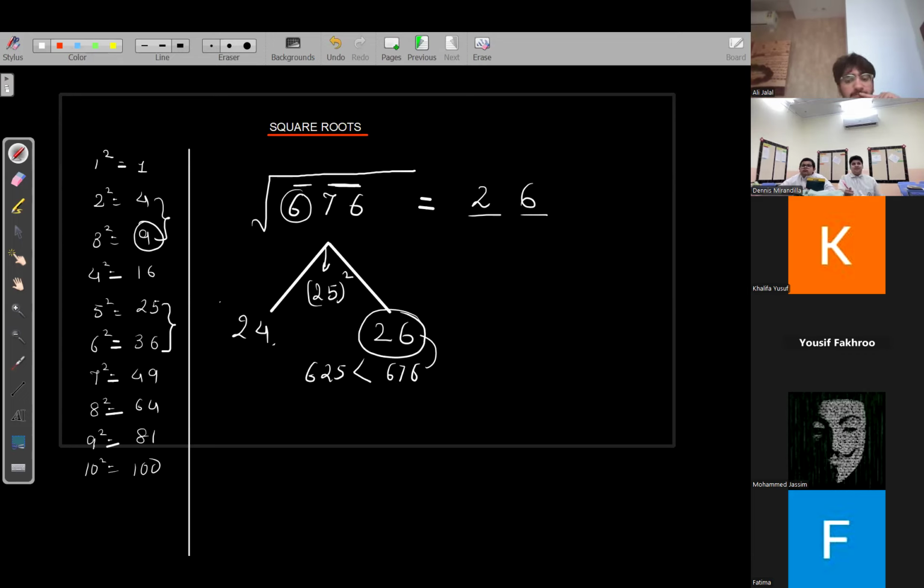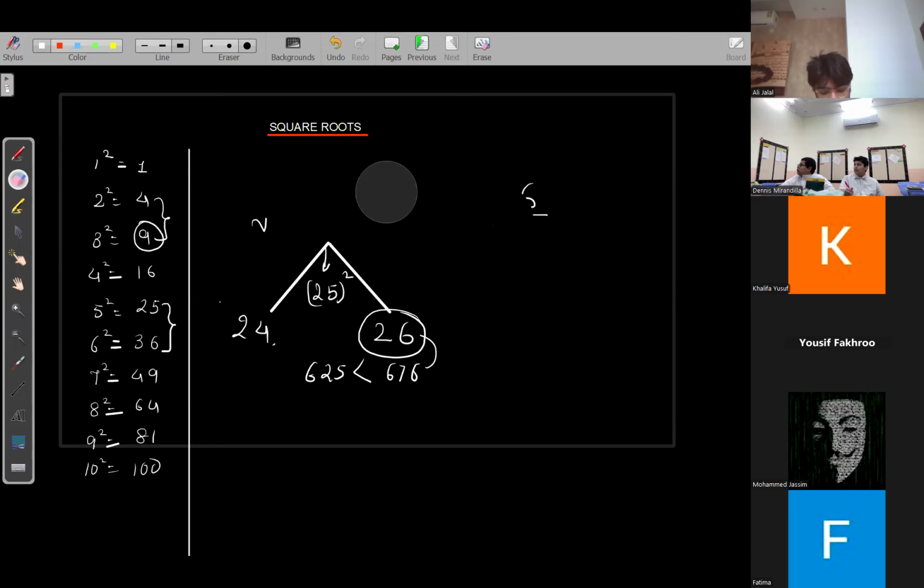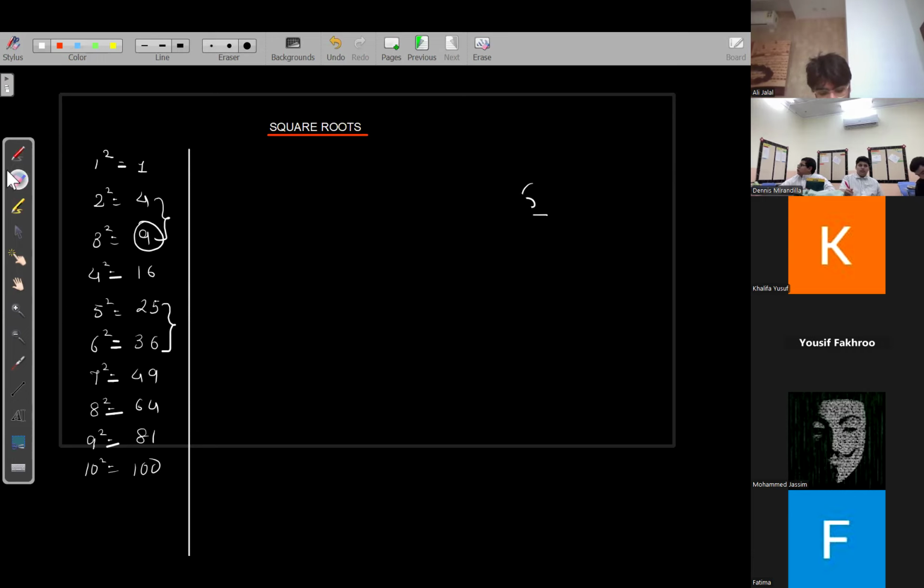Miss, I don't understand the technique. I don't understand the middle. Okay, wait 1 second. Can you all see in this squaring method? When you square these numbers here,